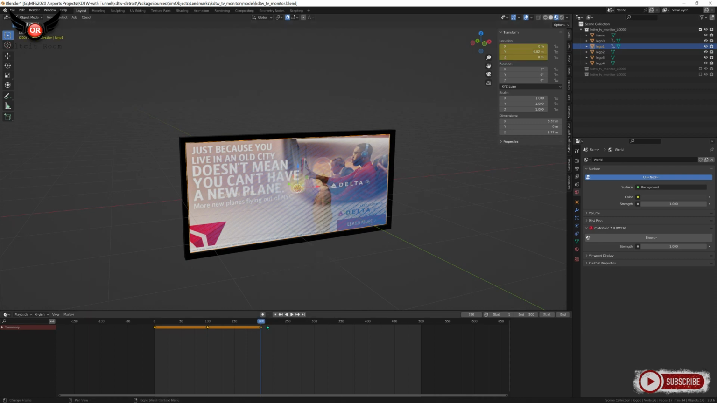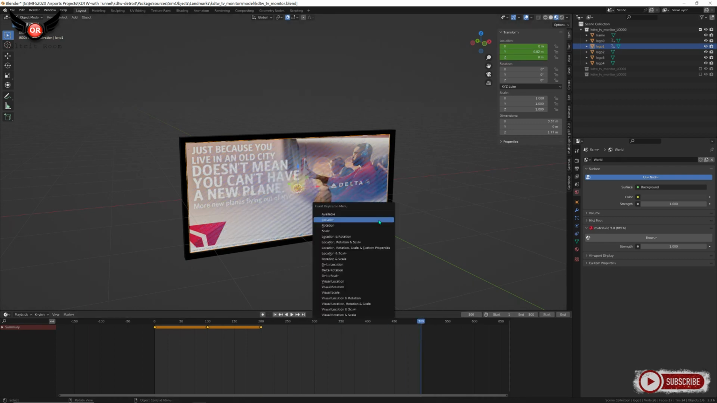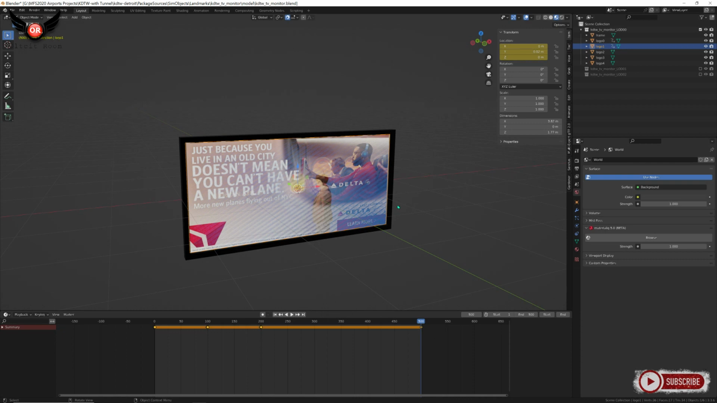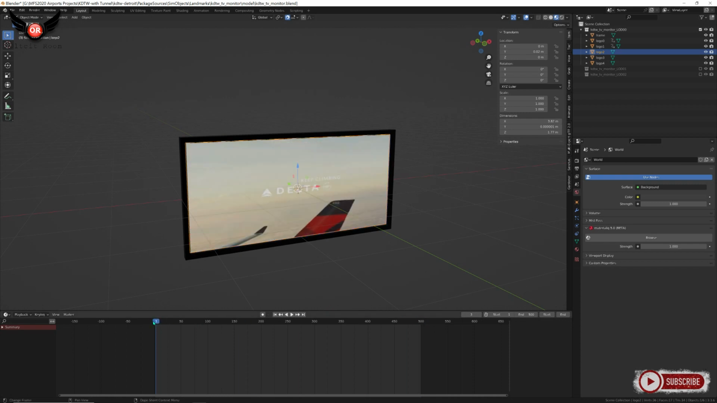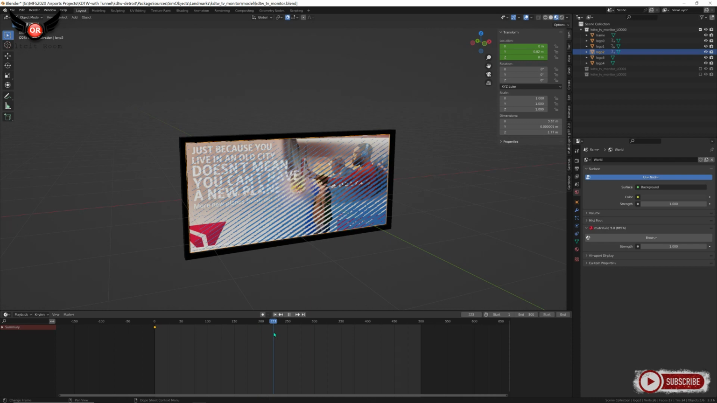It stays there until 500. The same thing I'm going to do for logo 2. The only difference is that logo 2 is in the back already. I'm going to go all the way to, so we have 0 to 100, 100 to 2,